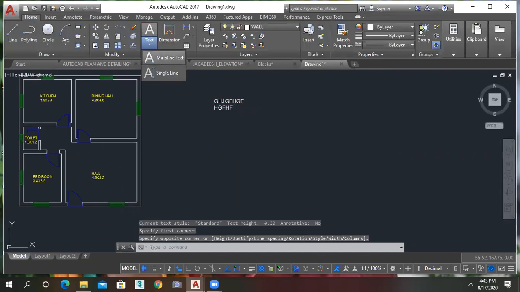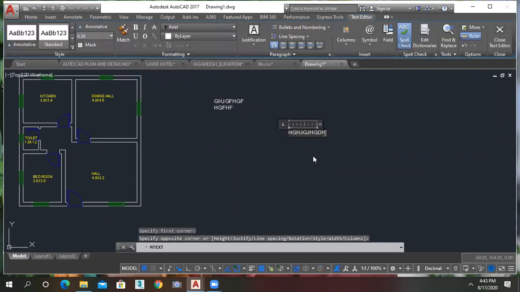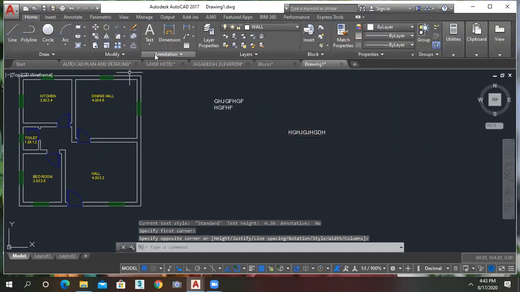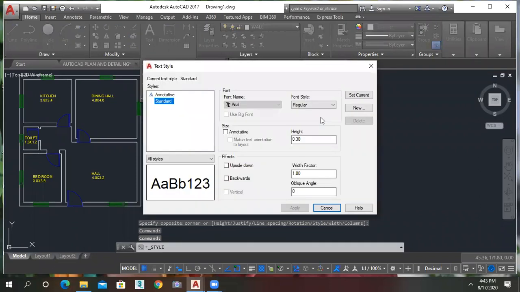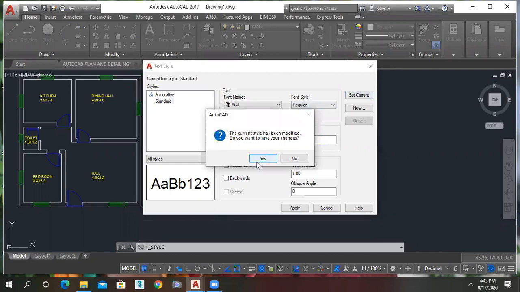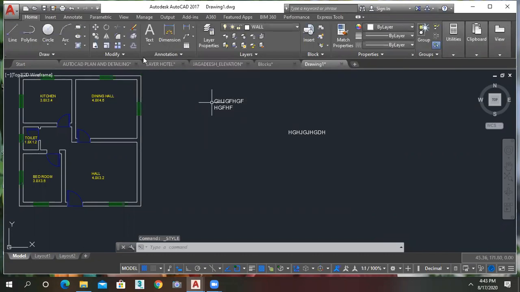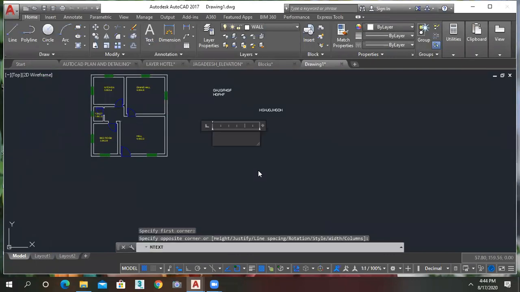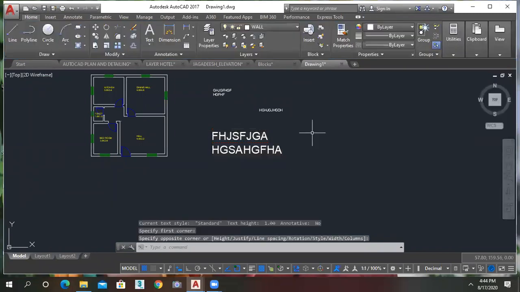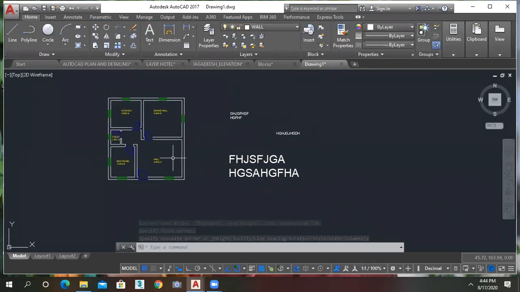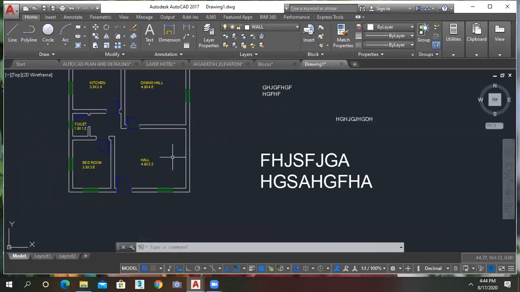Same, repeat the same process and make it like this. If you want to increase one more time, then go here. You have to change the height before only, not now. Okay, for example, I just give it as a 1. Set. Yes. Close. Okay, go to the multi-line text. See, 1. Clear now?